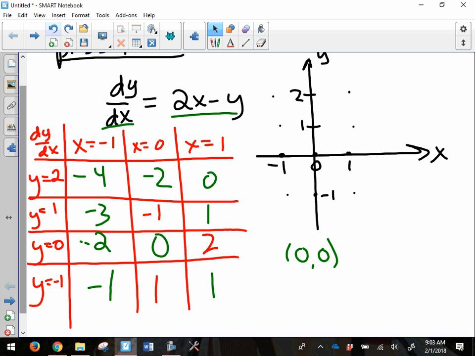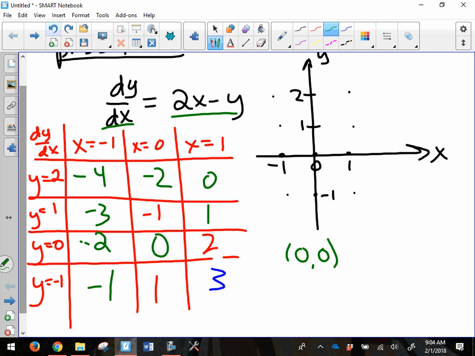I agree with that. I don't agree with that. Yeah, it should be 3. I used blue on purpose. Okay, so